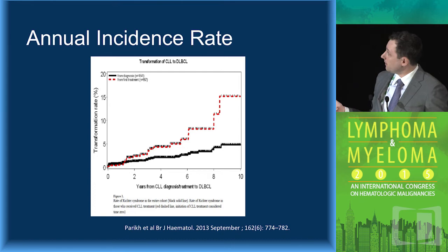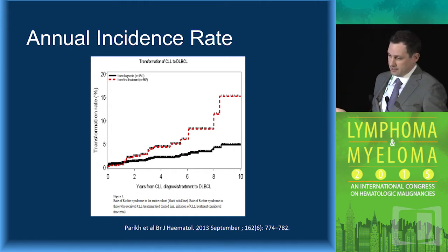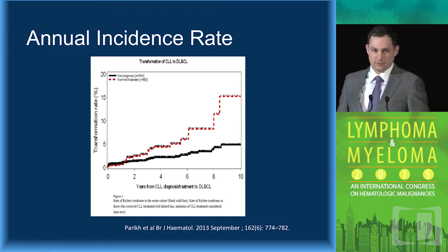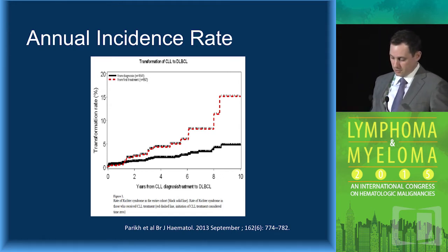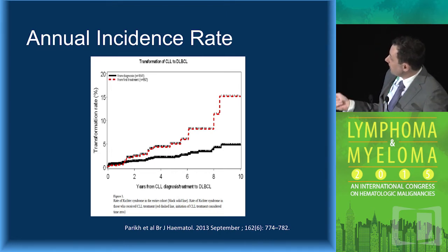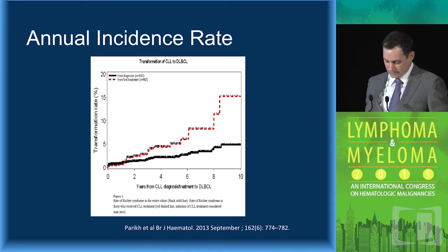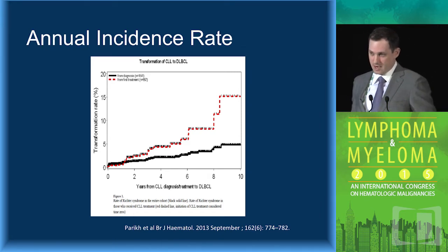But then when you start to add treatment into these patients, you do see the rate of Richter's transformation increase over time from the time of first therapy. And in this situation, it was mainly with fludarabine-based, cytotoxic chemotherapy regimens. But you can see that close to 10 years, we're seeing about 15% of patients once they are finally treated, which also selects for a higher risk subset.